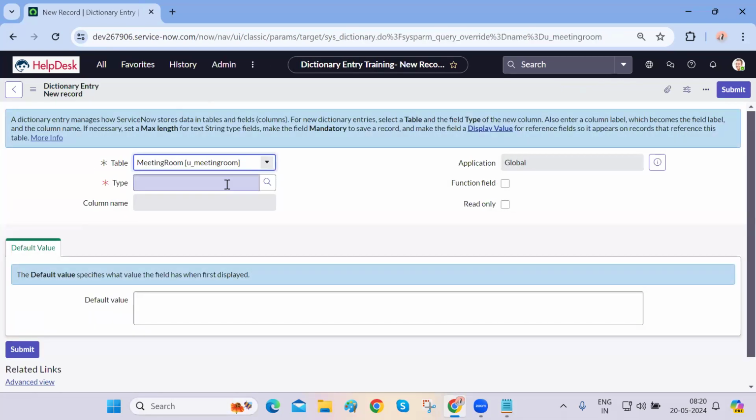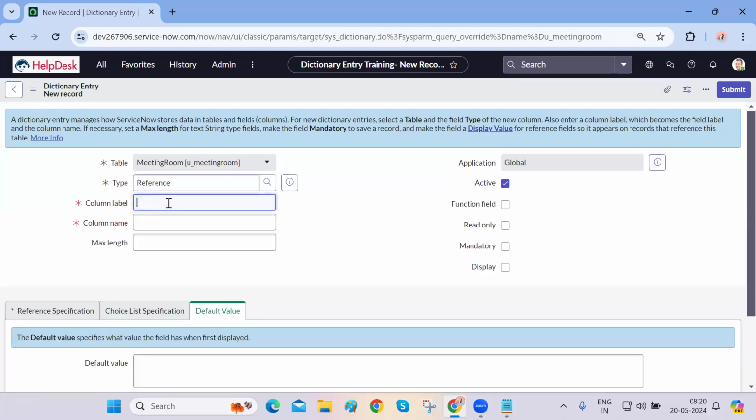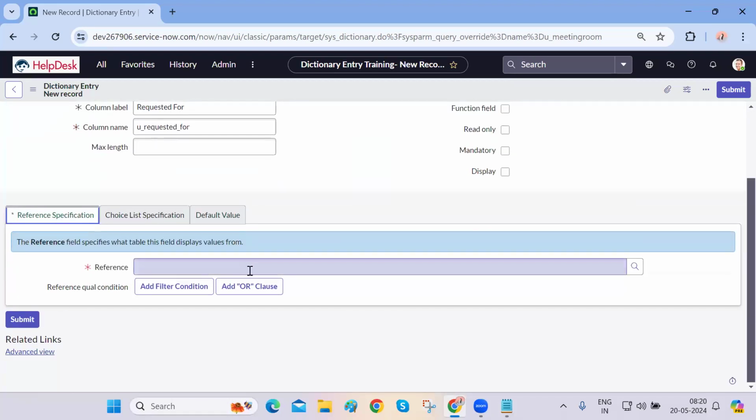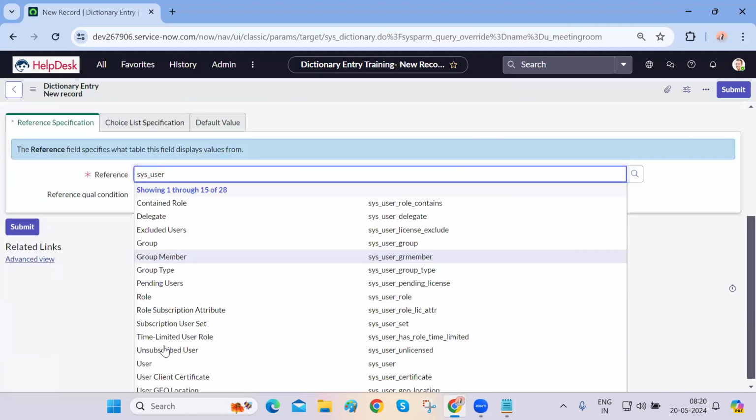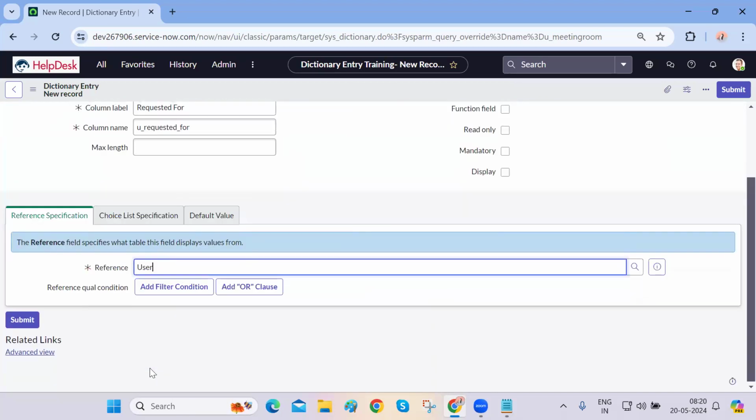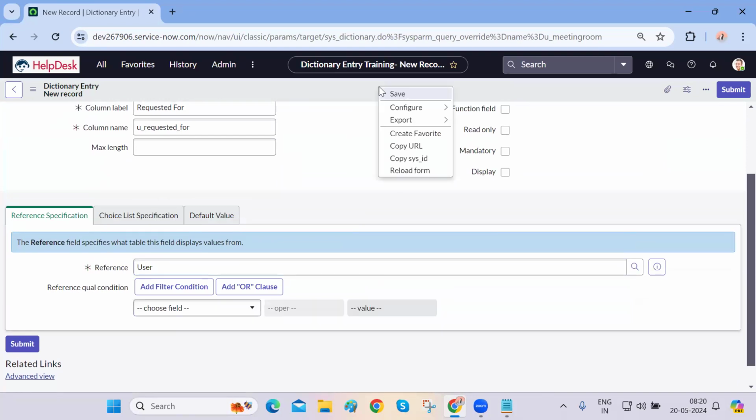So one field that we will add is of type reference field first. The name of the field will be requested for. So the person who is actually requesting this particular meeting room application. So I have created one. It will take the reference from the same sys user table, sys_user, and this is the table. And when you actually save it,